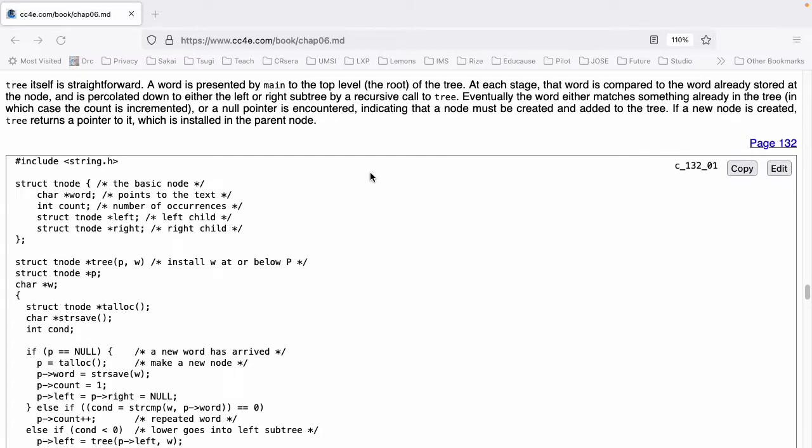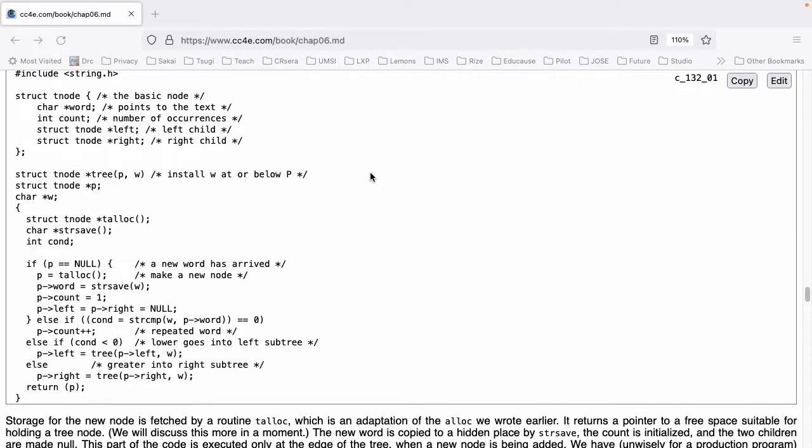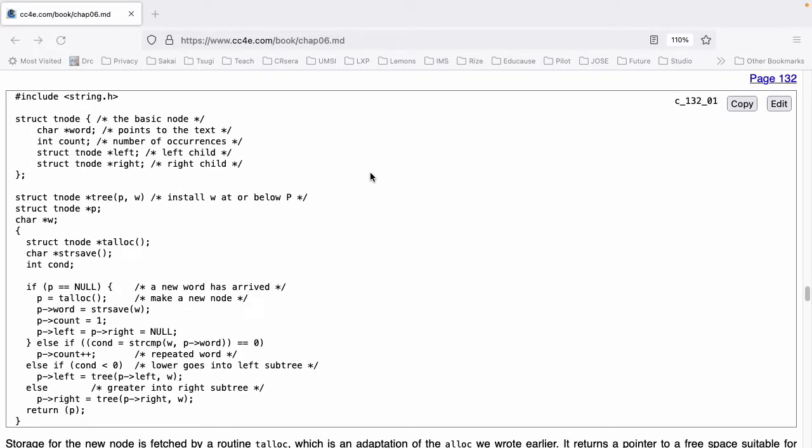This is the example on page 132 of the textbook at www.cc4e.com/code. #include <string.h>. struct tnode { char *word; int count; struct tnode *left; struct tnode *right; };